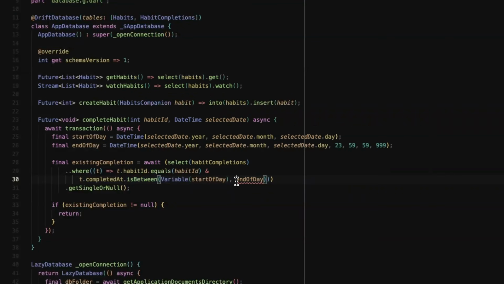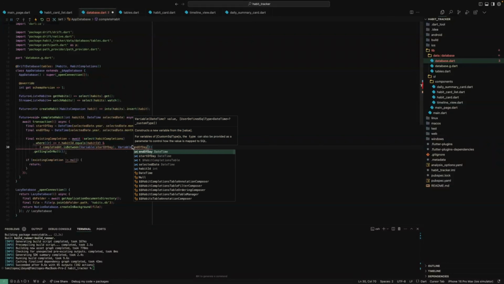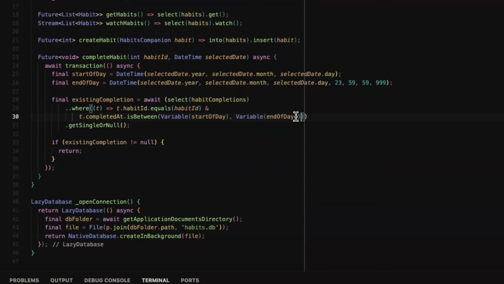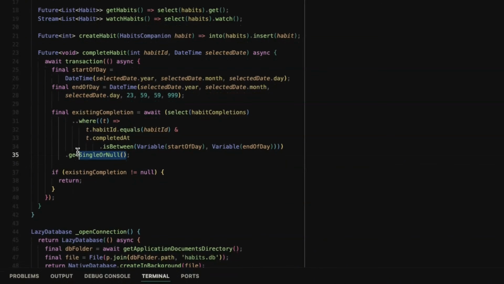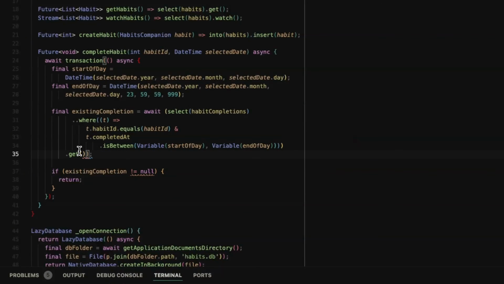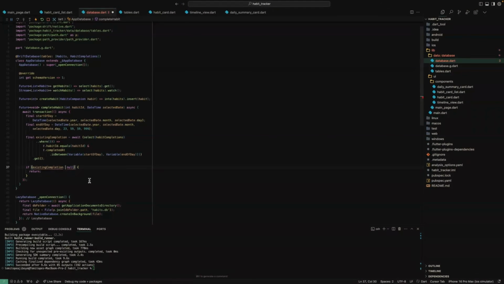We need an expression. Okay. So we're going to do .get. So if the completion is empty,